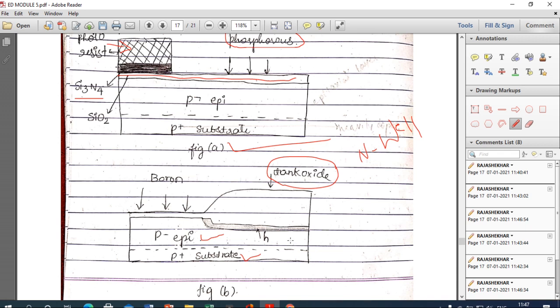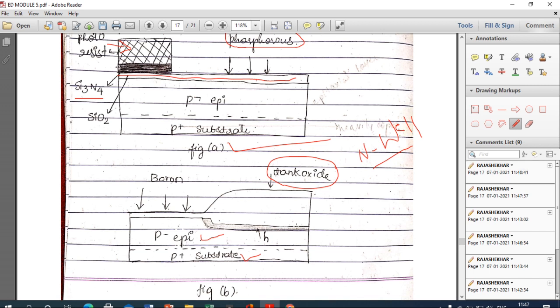The role of oxidation is just to create an N-well in the P plus substrate. I hope we already studied oxidation. We have studied 3 different oxidations in module 5 part A topic. So that first process we can use here. That is the tank oxide, which is used to hold the N-well. So, assuming that the tank oxide holds the N-well.